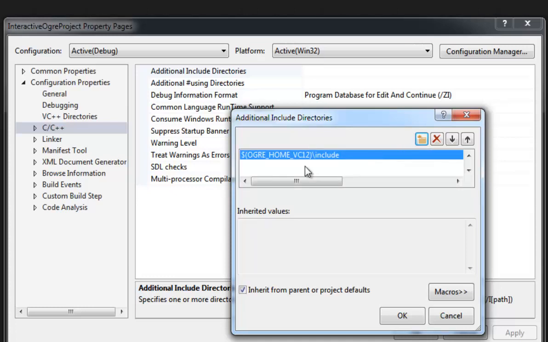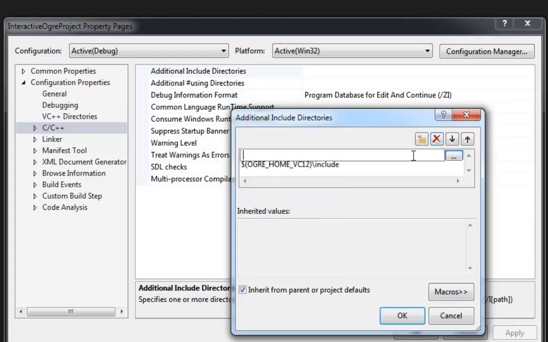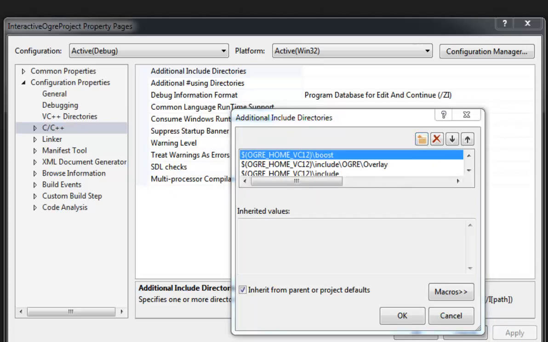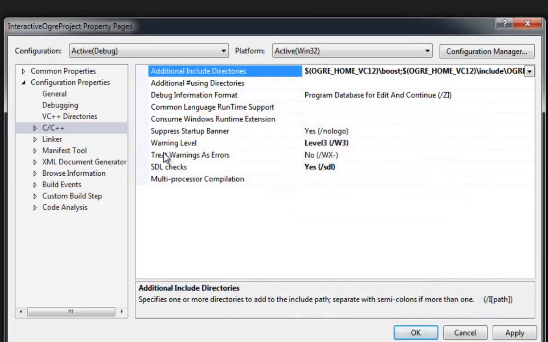folder. Then what I'm going to actually do is go and copy my environment variable, include Ogre overlay, I believe it was, and finally boost. So these are my include files. Then I would have to go and add the library files, and those would be the boost library, and then